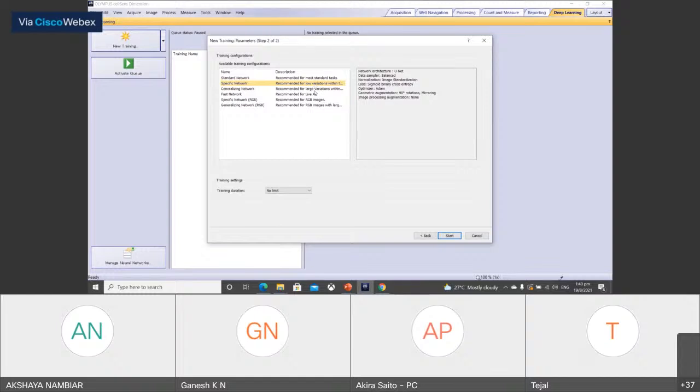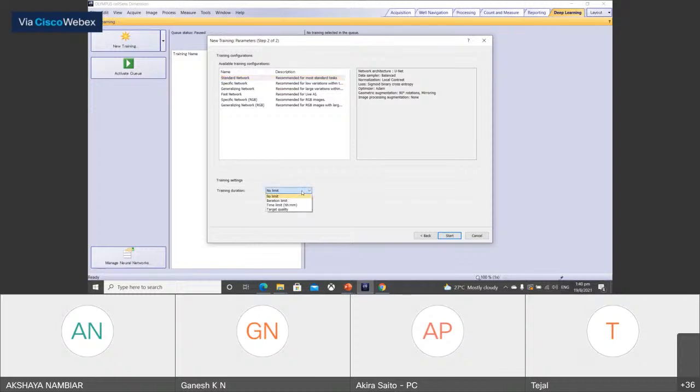And there are 3 levels of the neural network, depending on whether you have lots of variation of the objects or not. But first of all, you can try with the standard network.